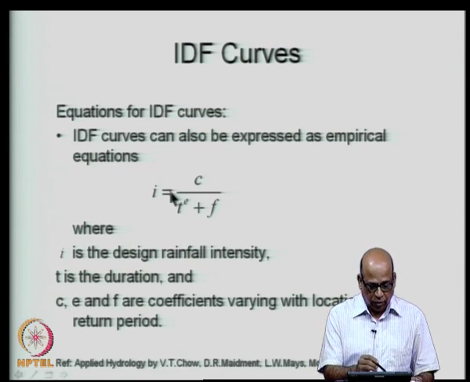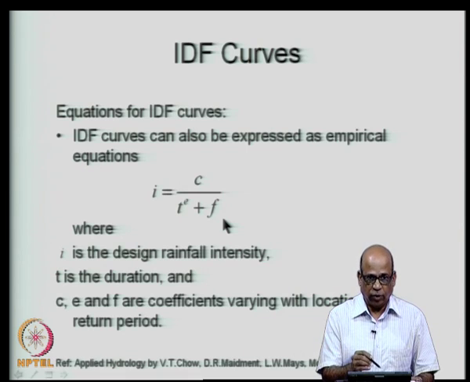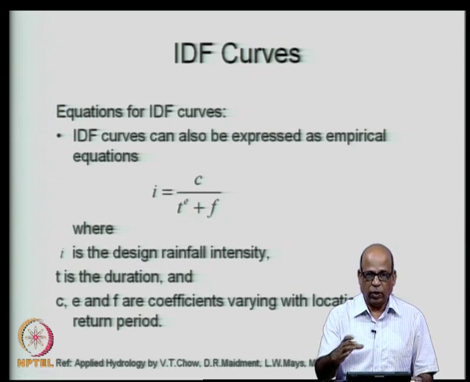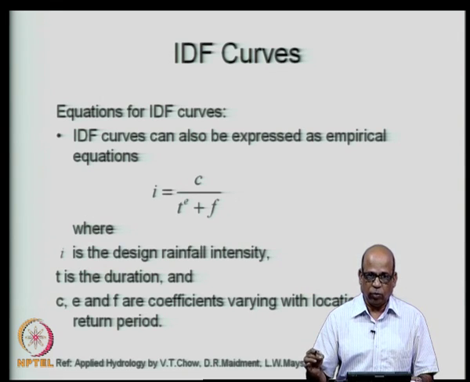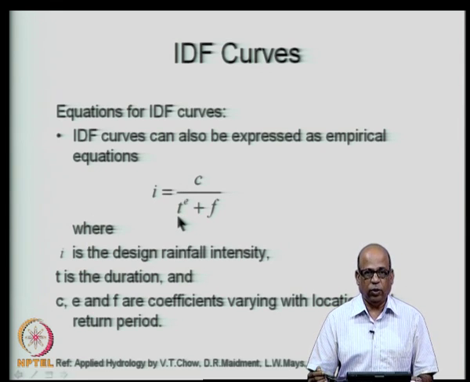So, from this then, if you specify the return period for a given location, you obtain C, E and F, which are functions of the return period, and you have the duration. Now, duration is design duration, which again we fix based on the catchment characteristics, typically related to the time of concentration, how much time it takes for the water to flow from the farthest region of the catchment. That decides in some sense the design duration,